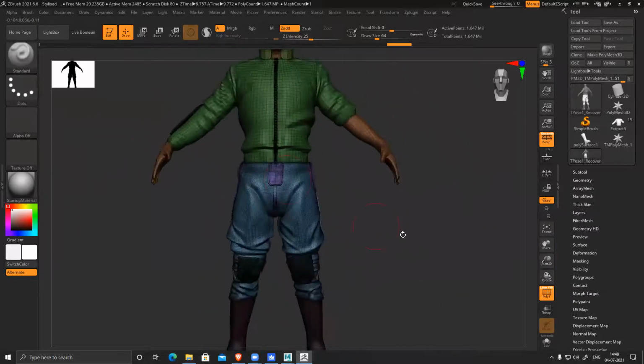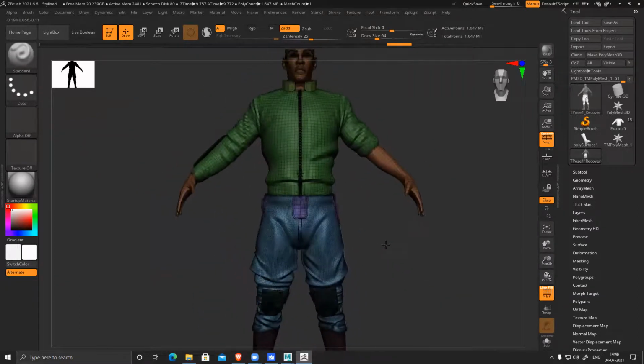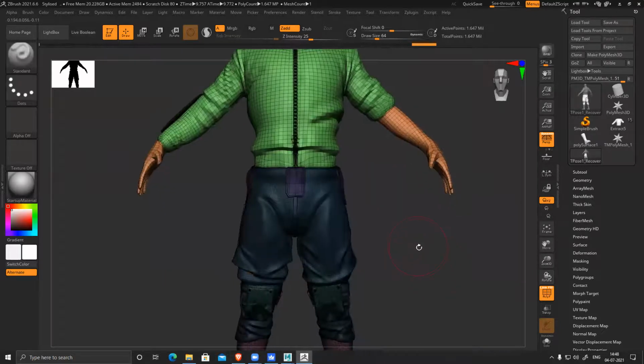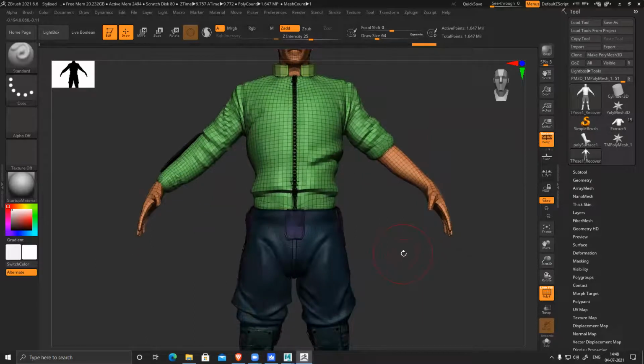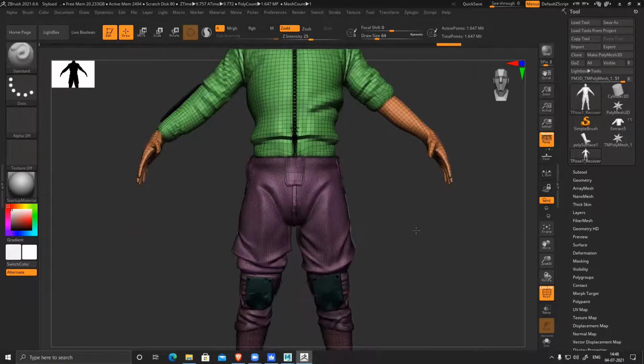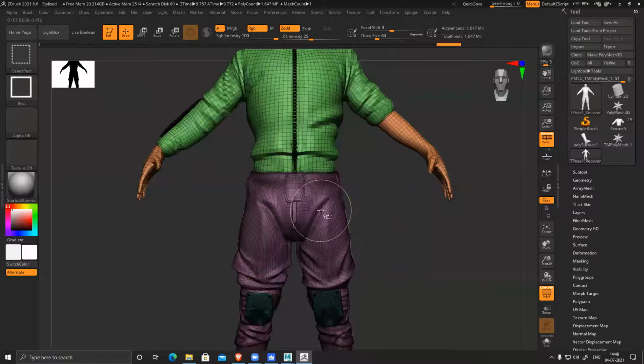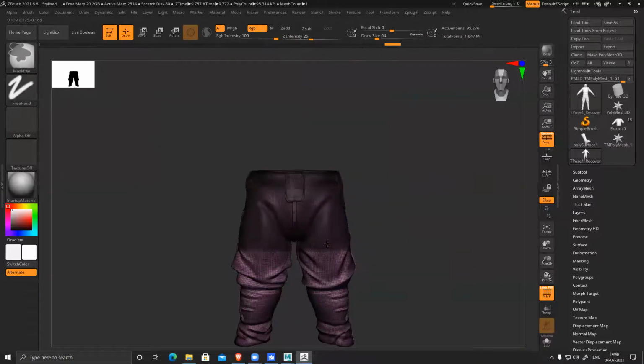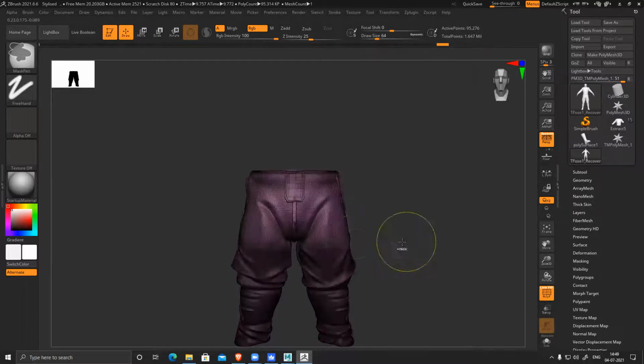So you see, I can hide these things, and if I want to modify something, invert, I can make it one polygroup. Mask this section, merge it, invert it, merge it.